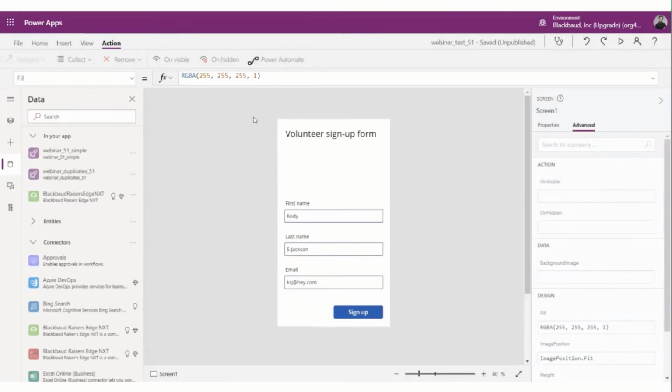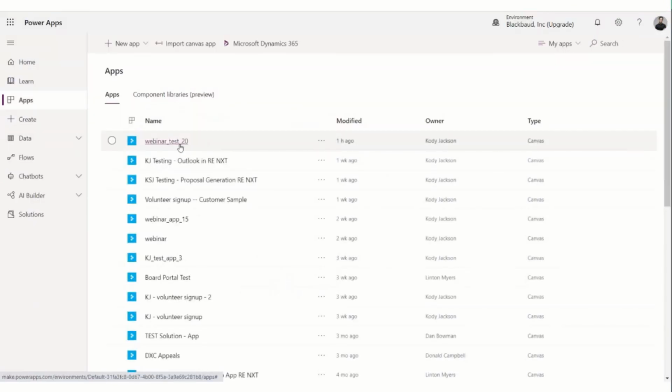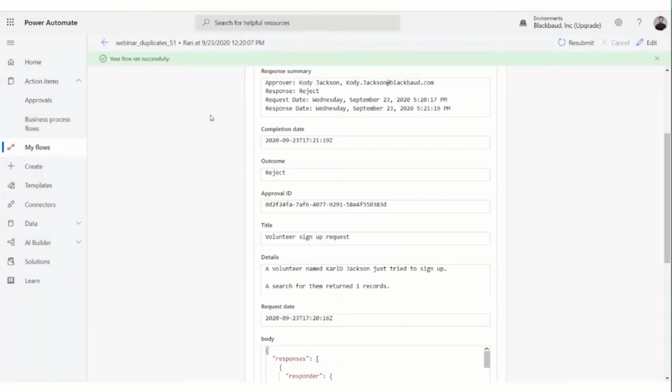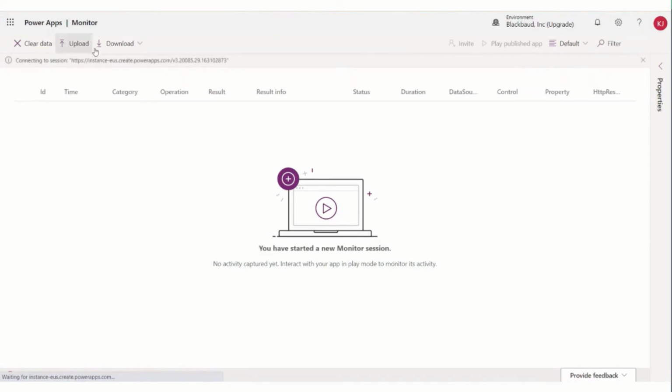The thing that I will say, and I believe you have to publish this to see it. I'll just show you using another app that I've already published. Oops, sorry about that, folks. So you can't go through, because for Power Automate, we're able to track it via this workflow. We could see all the different function calls and what it was returning. For Power Apps, the way that you do that is by monitoring the app. So you select monitor, you start a session,